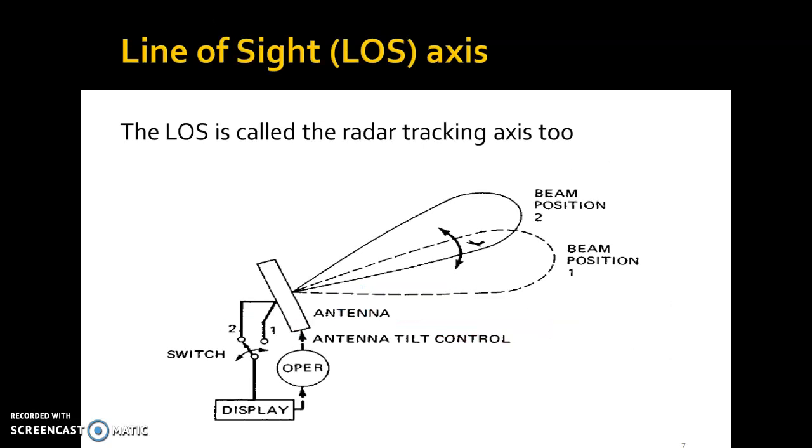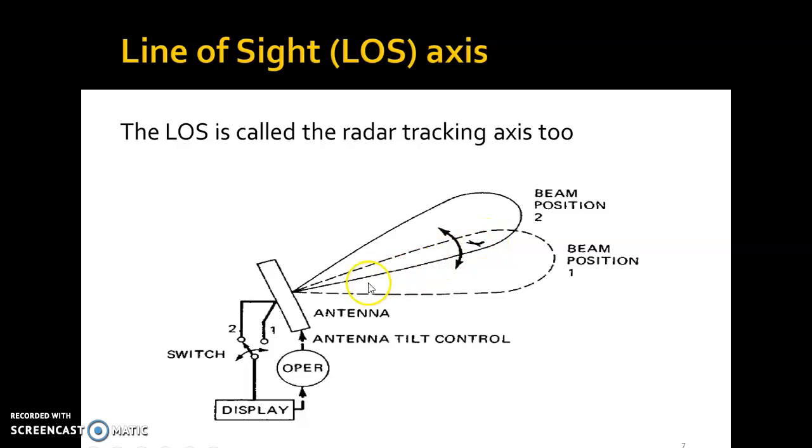Then there is the line of sight axis. The line of sight axis basically lies between the two positions of the beam. There is one target axis, or the main axis. We can visualize this over here: this is our target, and this should be your main axis. But the main axis is rotating between the two beams, beam position 1 and beam position 2, and is not exactly lying upon the main target axis.